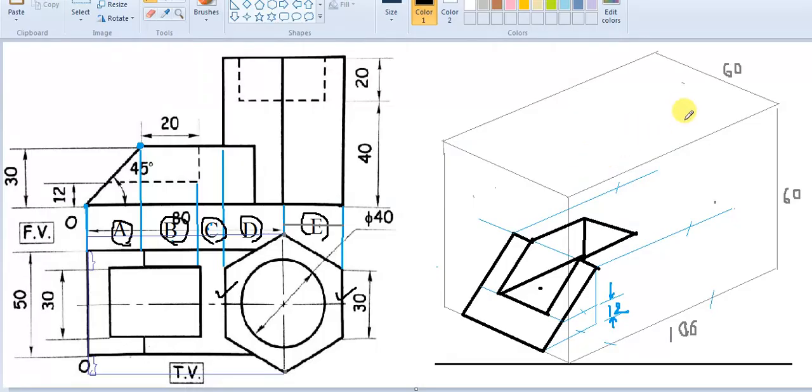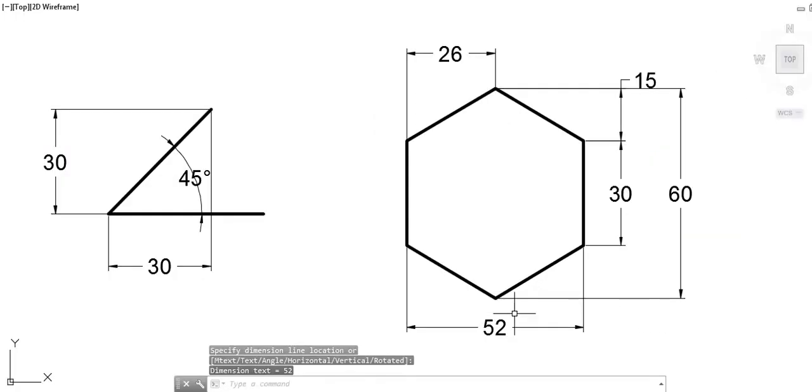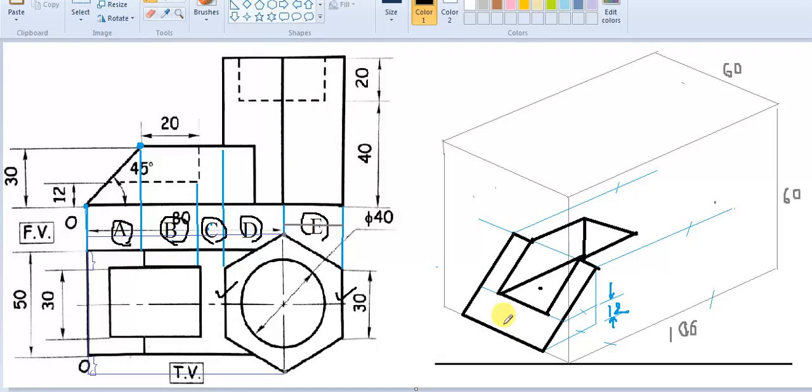So as to draw it, now we know that the maximum distance between these 2 points is 52, and hence I will draw a line, a similar one, parallel with the previous one, like this, so that the distance between these two is 52.